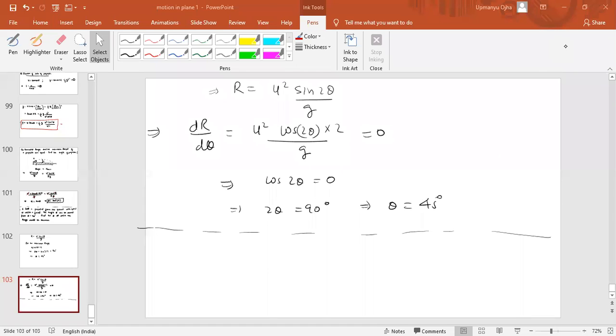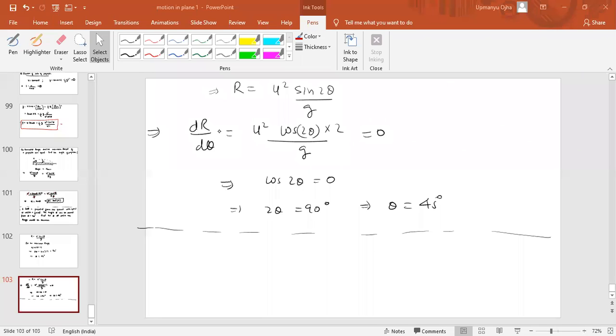Okay, fine. Understood. When it is minimum also, yes, very good. So what you have to do in that case? You have to again differentiate this function, d square R by d theta square. If that value is less than 0, then it is the maximum condition; greater than 0 is the minimum condition. That you have to prove by yourself. Again differentiate, d square R by d theta square, and then find whether it is maximum or minimum.